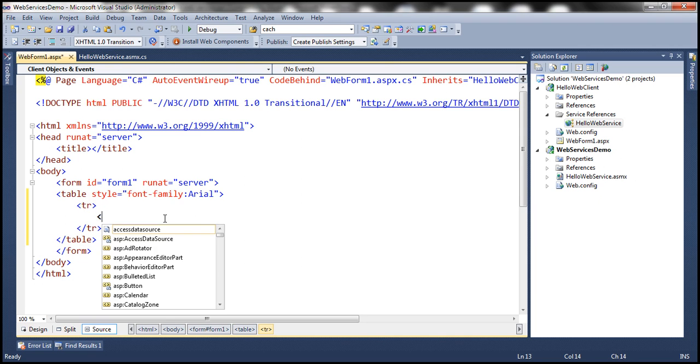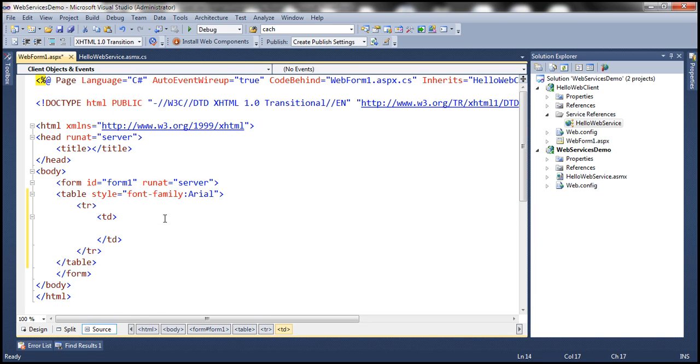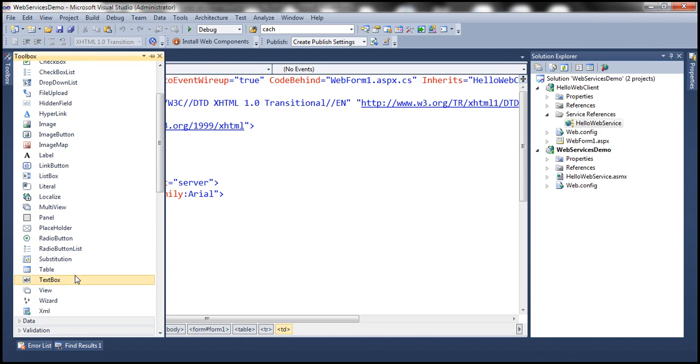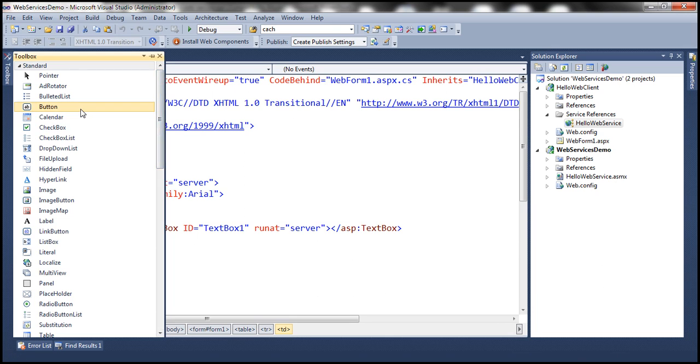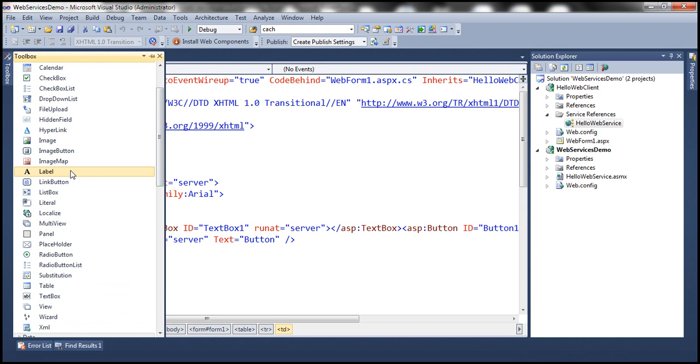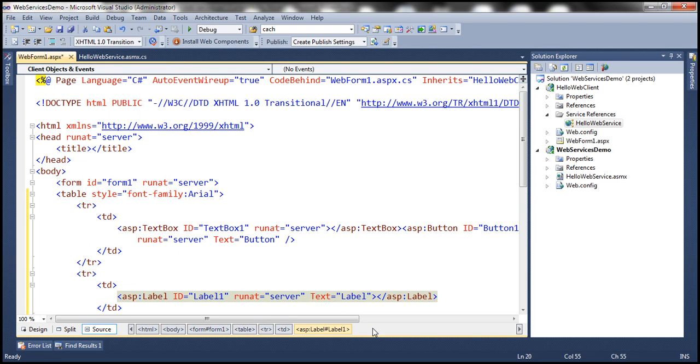So within the first TD we need a text box and a button control. And let's have another TD, and here let's have a label control. And let's get rid of this text attribute and set font bold to true. Alright,